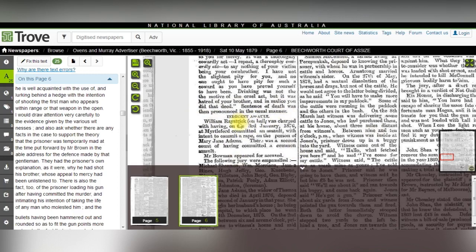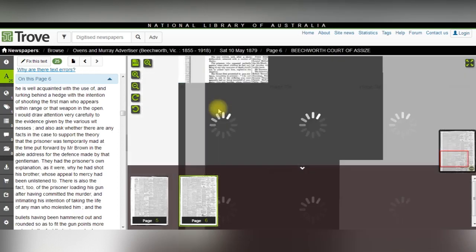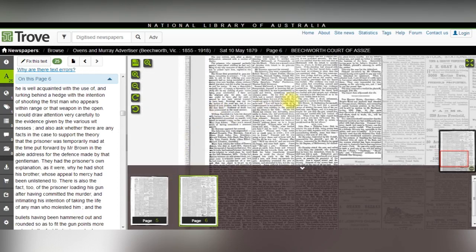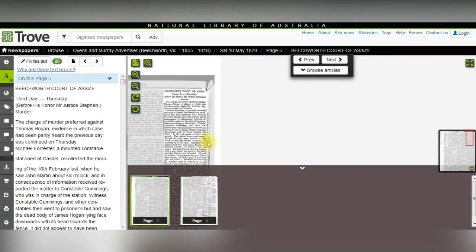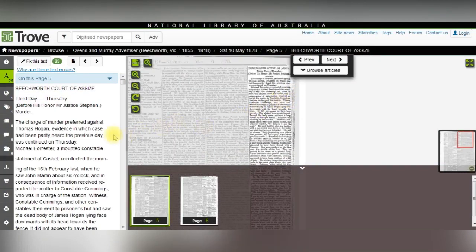So that's something you obviously have to pay attention to. When does your article end and the next one begin? Because you don't really want to be trying to get this whole article and then realize the majority of it isn't relevant to you. So when it comes to saving articles, Trove makes it really easy